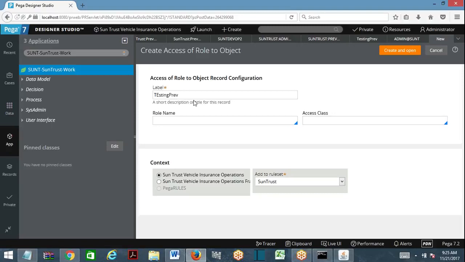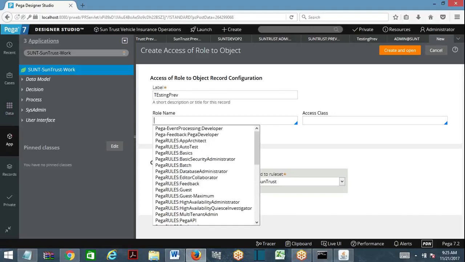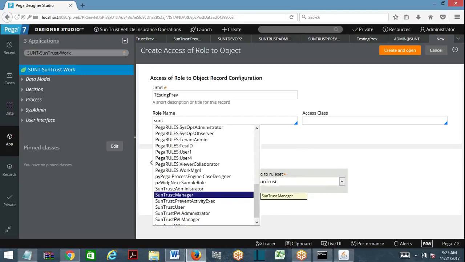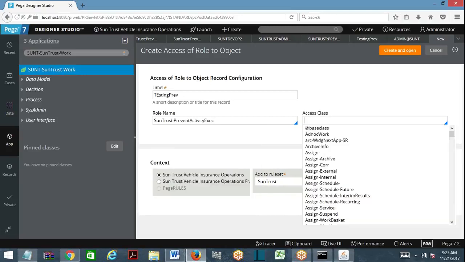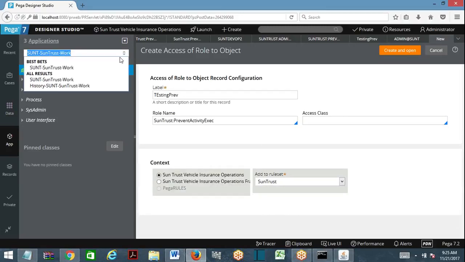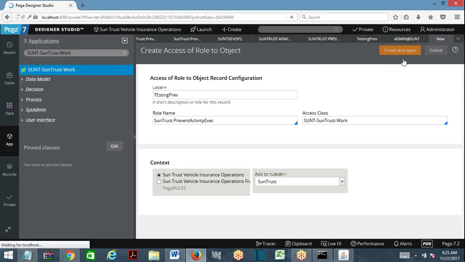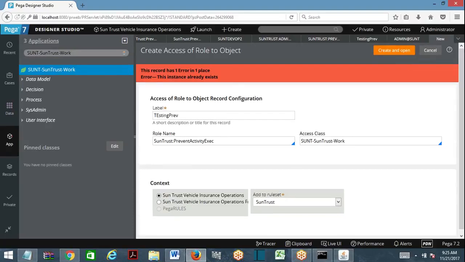Testing privilege. Role name, I am going to choose the previous one, SunTrust Prevent Activity Execution. Access class is this one. Create and open. This instance already exists. Testing privilege role to object in this role.